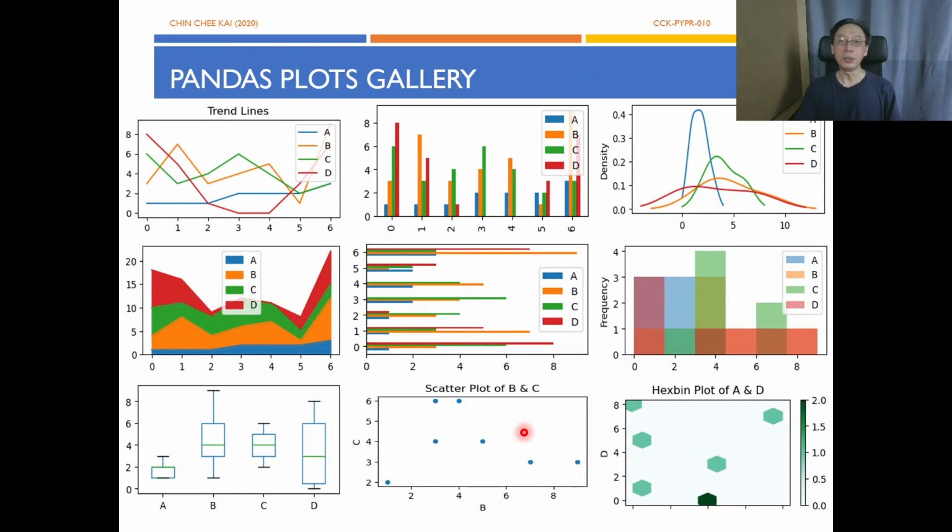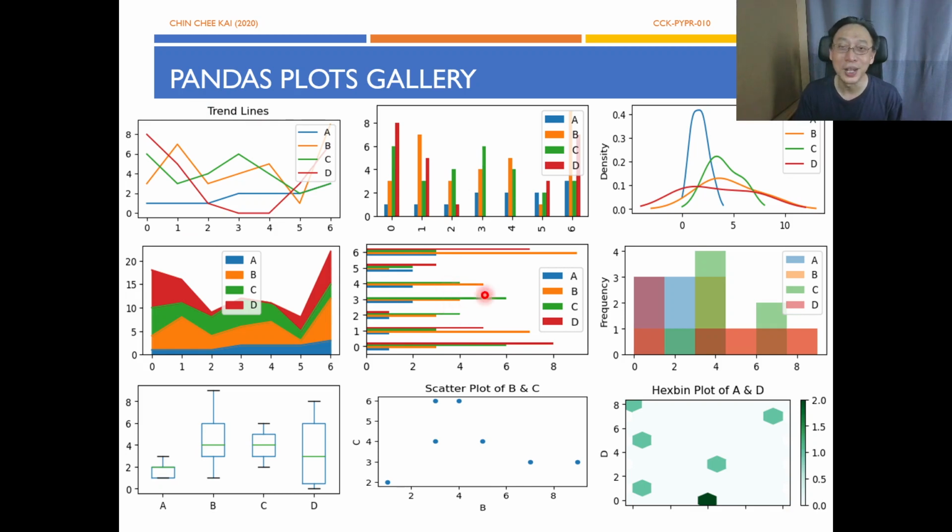So very quickly, I want to just give you a feel because visually we can identify the charts much quicker and much more able to appreciate what they are used for, what information they can tell or not tell. So I want to have this gallery here to show you the 9 different ways that pandas can support. This is a trend line, this is a bar chart, horizontal bar,